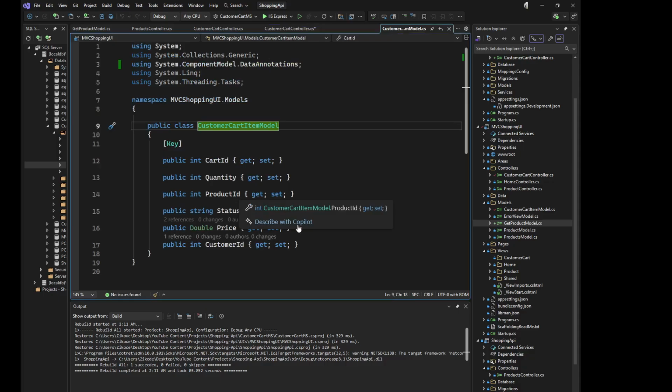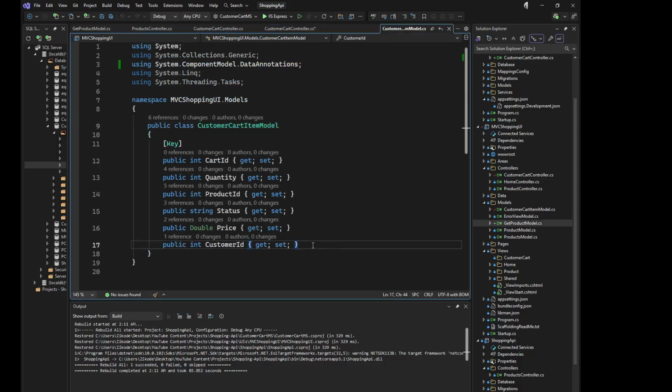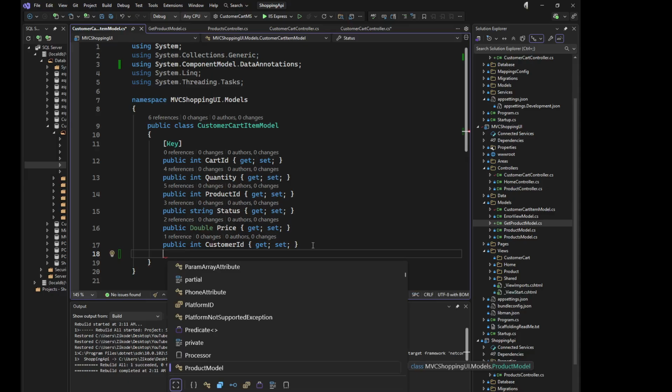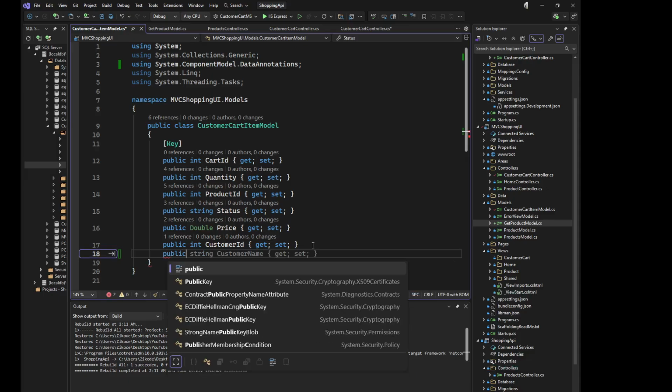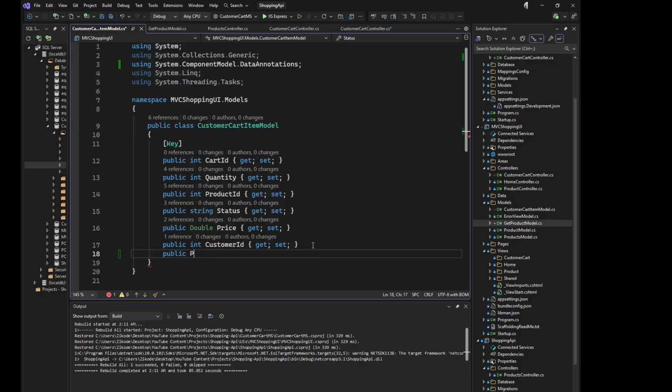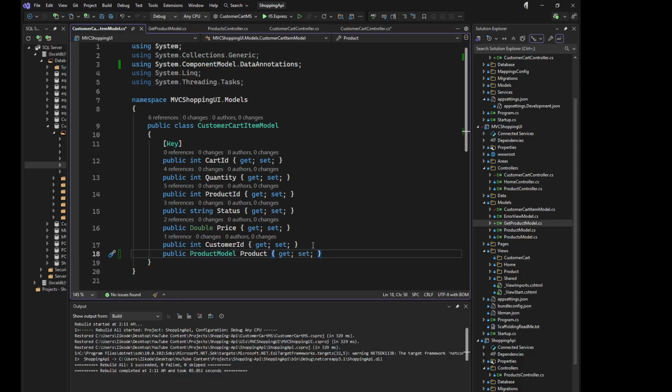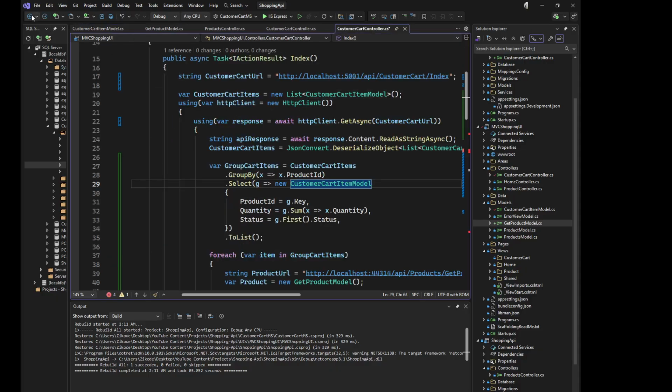The customer card item supposed to have like that, and then